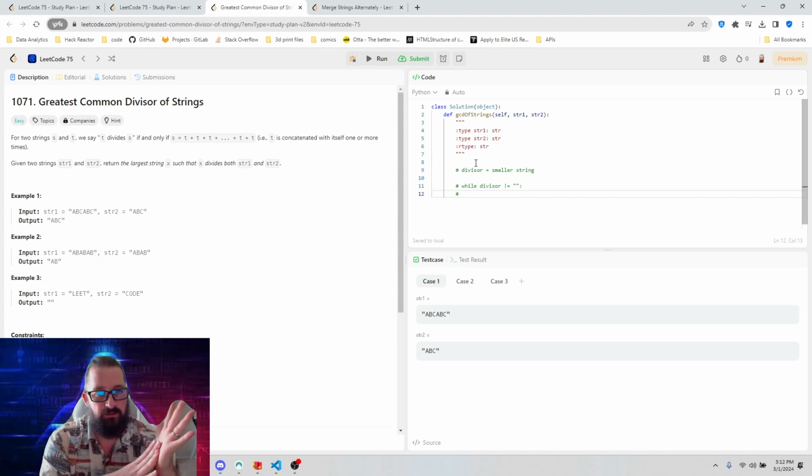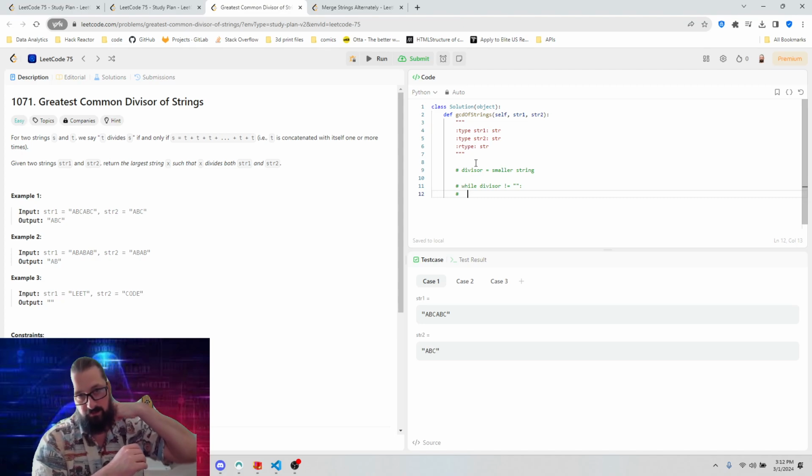As long as there's letters in there, I'm going to keep going through this. And what I need to do is check if this divisor evenly divides